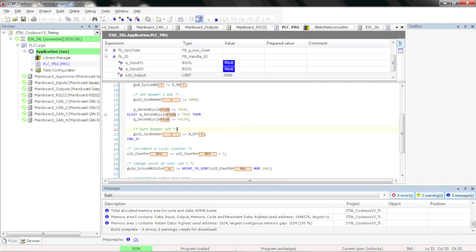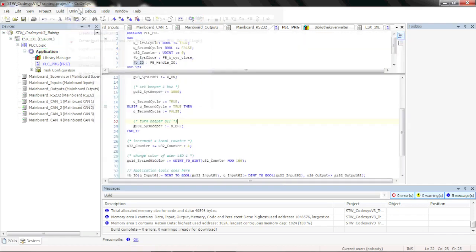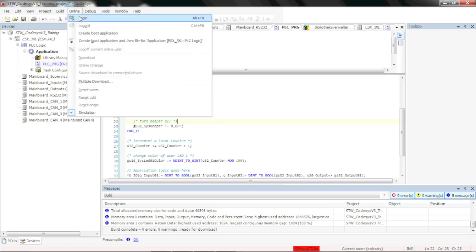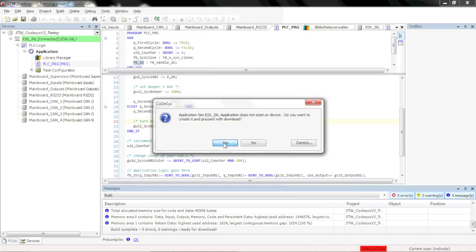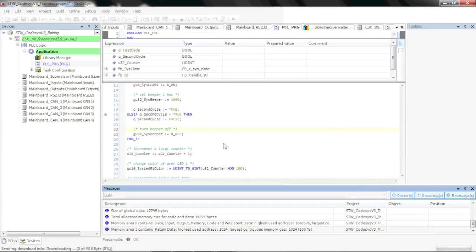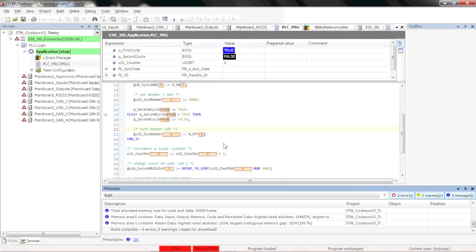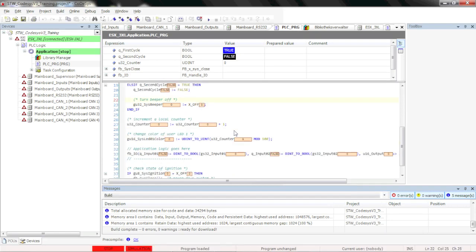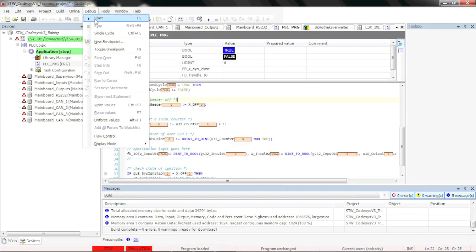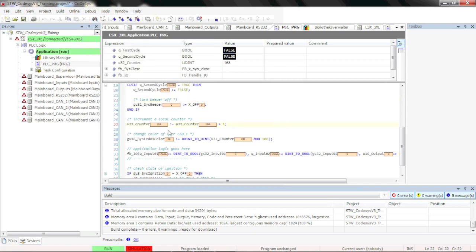Let me log out, and I'll show you that there's also a simulation mode. We can go online and simulate, and this will not use the CAN bus at all. It'll just simulate the logic in Windows. So I can go to online and log in. And I want to proceed, and it's going to get me logged in on the local network here on its own simulation, and I have to start it myself here now to get it going. So I click debug and start, and you can see again the counters are running,